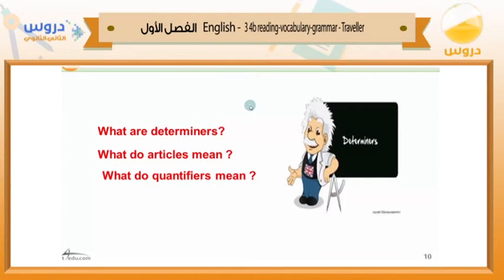Now let's talk about grammar in the third objective for today. Today our grammar is about three important things. For the first, we're going to talk about determiners. What are determiners? And what do they determine in grammar or in a sentence? Articles, what do we mean by articles? Most of the time you have a question, fill in the spaces with the suitable articles like a, an, or the. And finally, about what do we mean by the quantifiers, which are a few, a little, a lot of, and so on. We'll talk about this soon in detail.